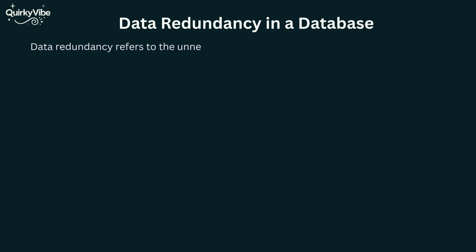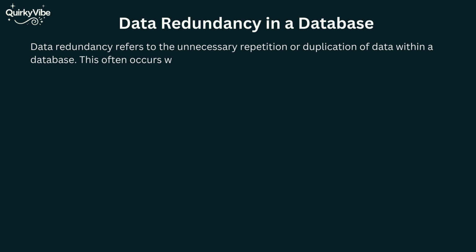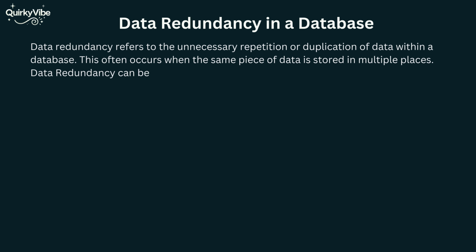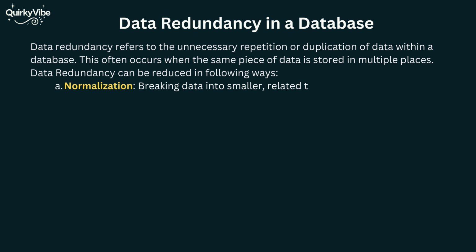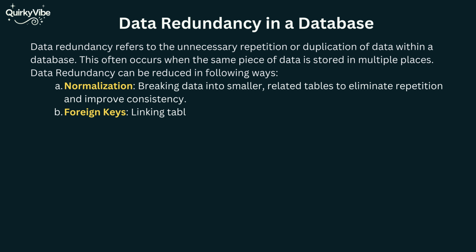Data redundancy refers to the unnecessary repetition or duplication of data within a database. This often occurs when the same piece of data is stored in multiple places. Data redundancy can be reduced in the following ways: normalization, breaking data into smaller, related tables to eliminate repetition and improve